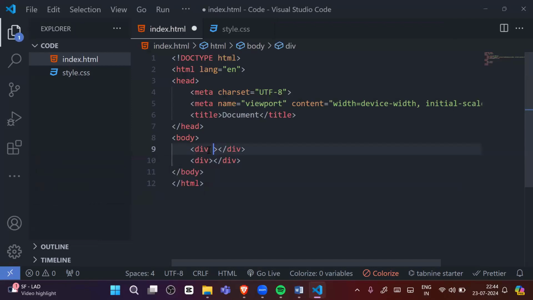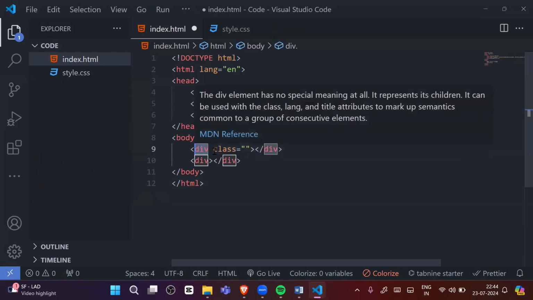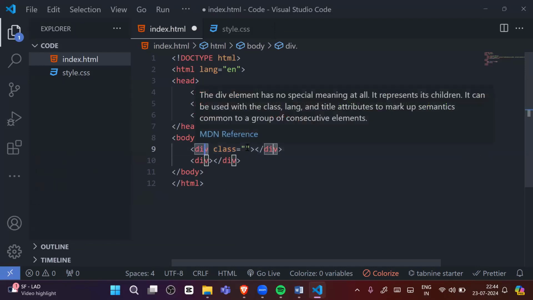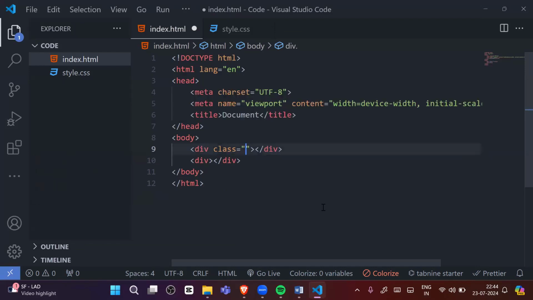So let me give some class, where I'm writing here class. So see, div is the tag. Class here is an attribute. Class is the attribute, div is the tag. And here we will write the class name. For example, I'm writing a class name like card1. So card1 is the value of this attribute. So inside the tag, we can write an attribute, and we can associate this attribute with a value. So what's the value of this attribute? Card1. Okay, so let me write here card2.